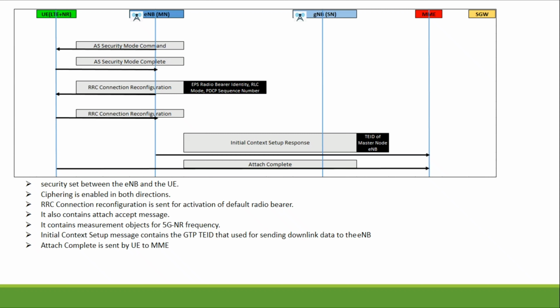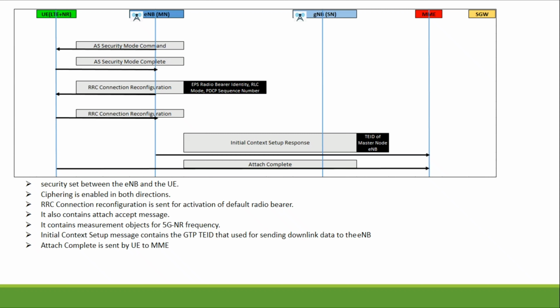Here the EPS radio bearer identity, RLC mode, PDCP sequence number, all these things will be going through this RRC connection reconfiguration message. After this, the RRC connection reconfiguration complete is also sent by the UE to master node B,